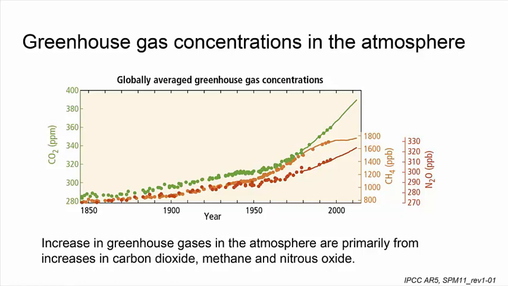So you can see with all three of these greenhouse gases, they've been increasing with time. With CO2 from fossil fuels, methane, you also get it from combustion, but also from agriculture, and then N2O is also from agriculture, from the fertilizer, where it's increased as well. So this is just showing that all three of these gases have increased with time.